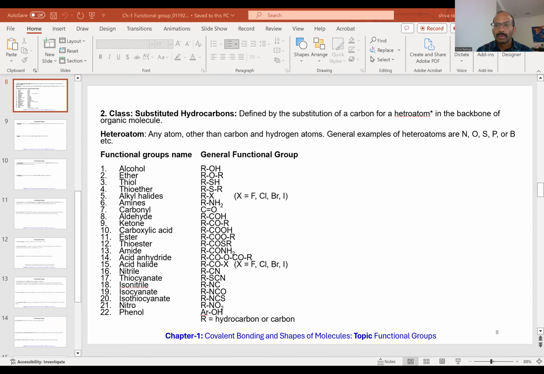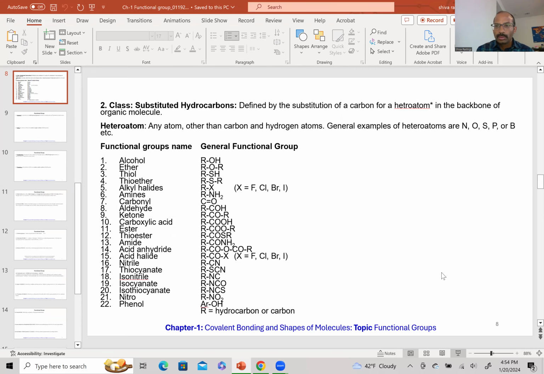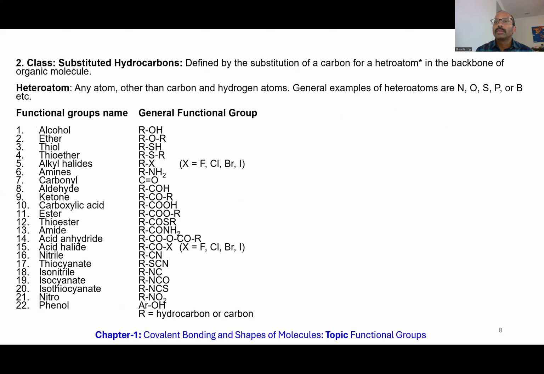Welcome to the introduction to organic chemistry. This is the second part of the functional group study. So let's start. So in the functional group, substituted hydrocarbons. We are going to study now substituted hydrocarbons, which is defined by the substitution of a carbon for